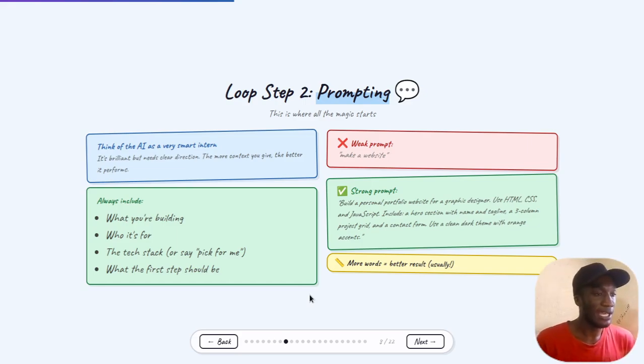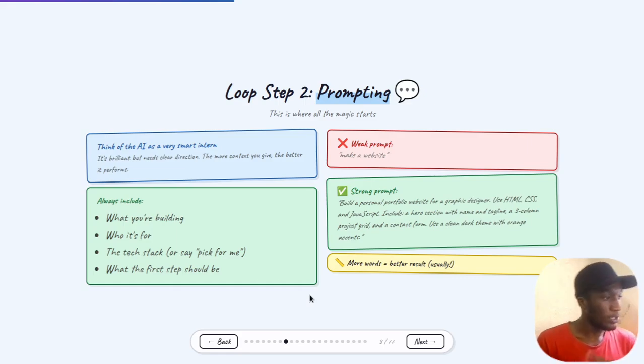Giving AI an unstructured or messy prompt, it will give you a messy thing which you didn't want. But if you give it a clean and clear prompt, you'll get the best website or app which you wanted. Obviously, you can't get that website on a single prompt. You need to tweak and refine until you get the product.